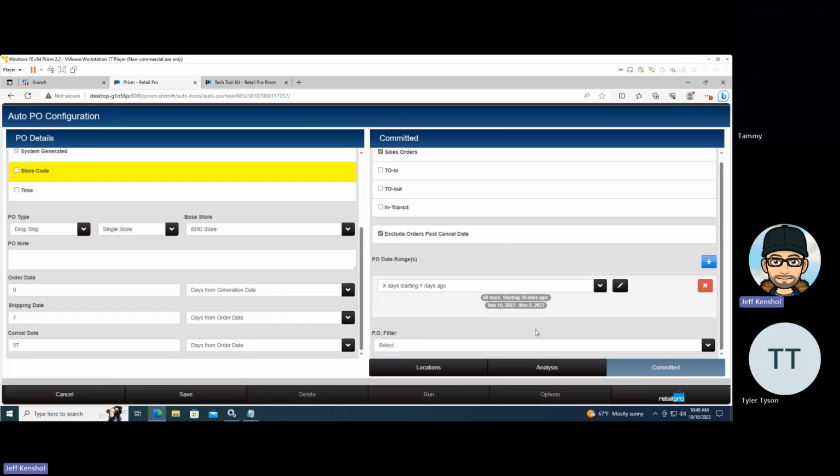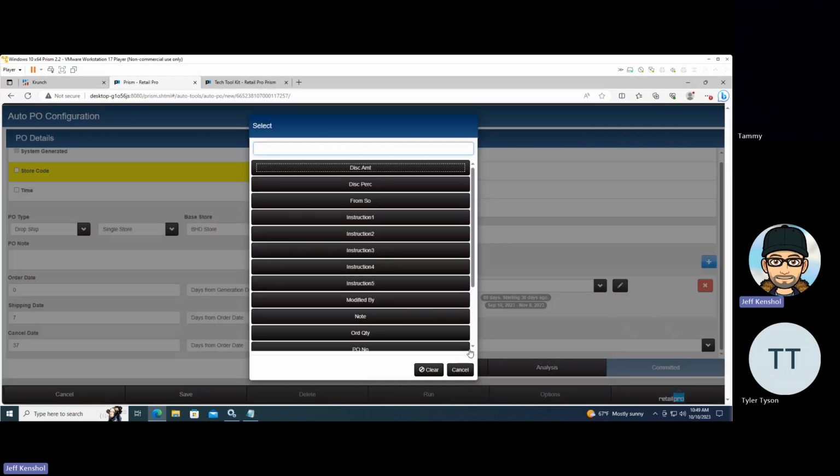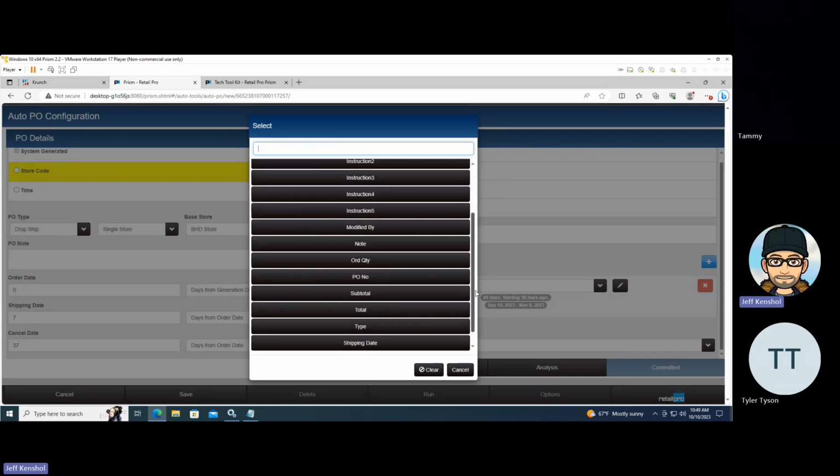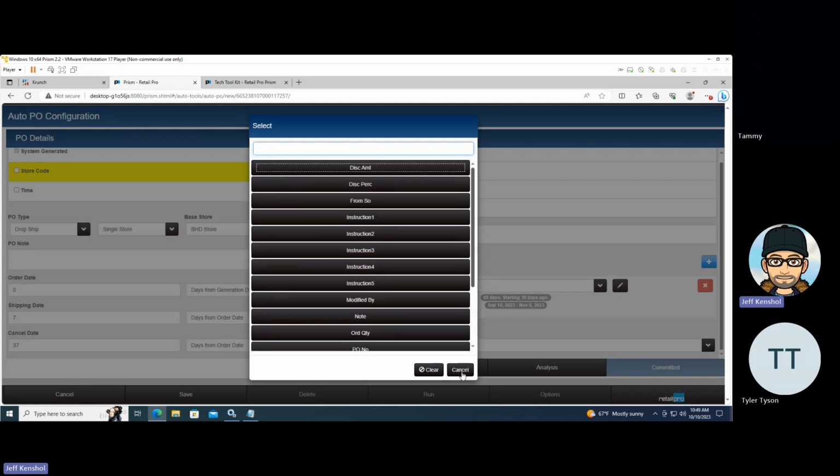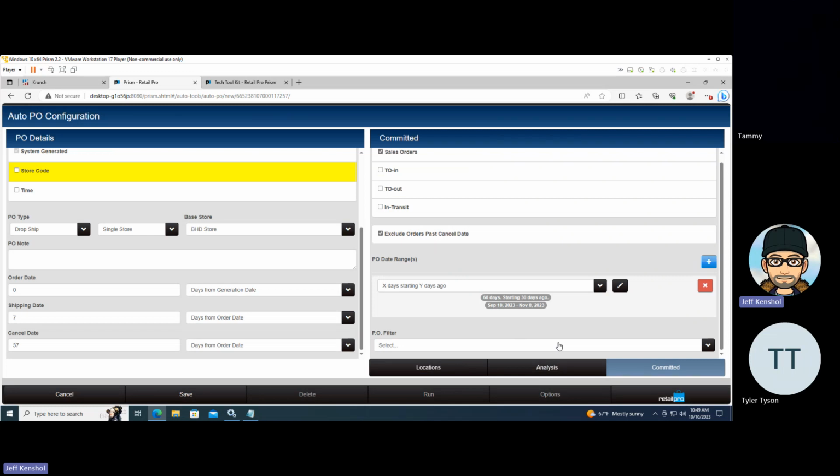And then I honestly don't use the PO filter. I've really struggled on why someone would use this. We already have a vendor filter, so if it's on order and it's in Nike, then it's on order, and if it's not, it's not, right? Maybe I'm a buyer, and maybe I only want to see my POs or something. I'm struggling with why we would even filter it by the PO transaction value. I don't see a great reason to, and I haven't had anybody who wants to do that in 28 years. So I'm going to say save,